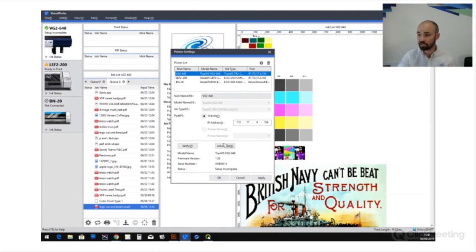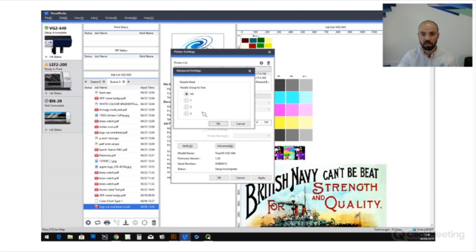What you can now do on this machine is go into the printer settings and go to the advanced tab. And on the machine, before you do this, you've got a nozzle mask test print, which prints out a little test print and shows you where in the print head your nozzles are missing from. What you can then do is come into here and you can mask off that section of the print head,